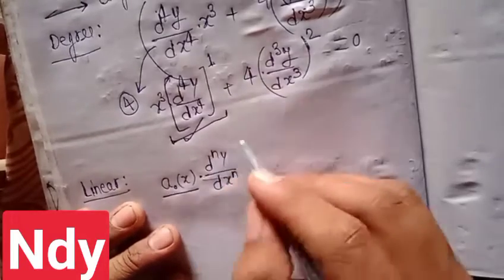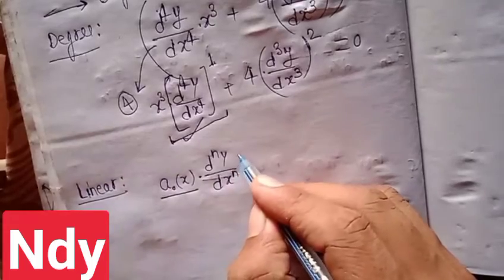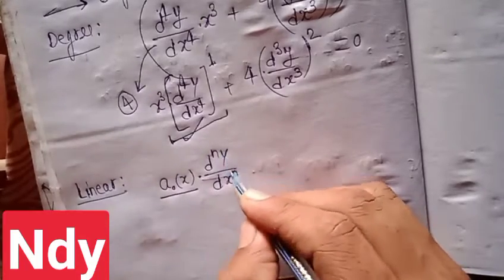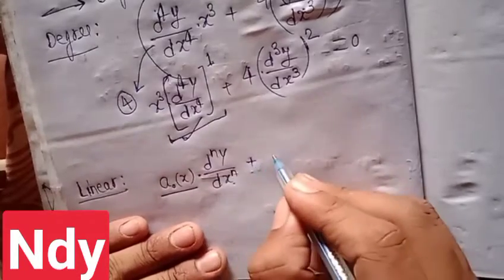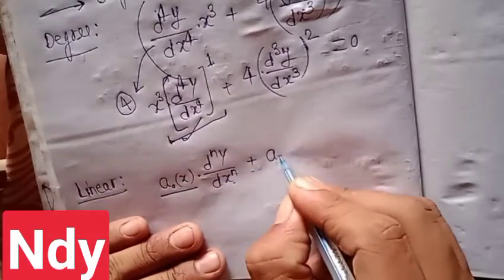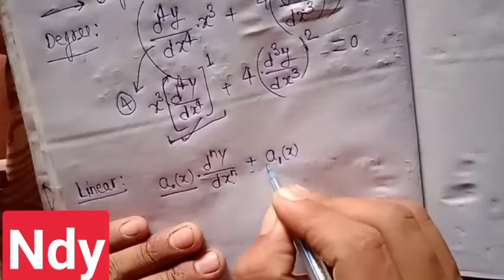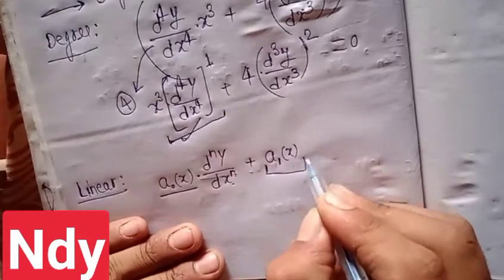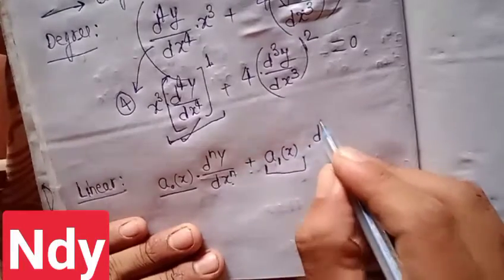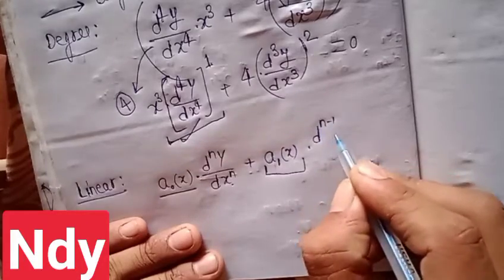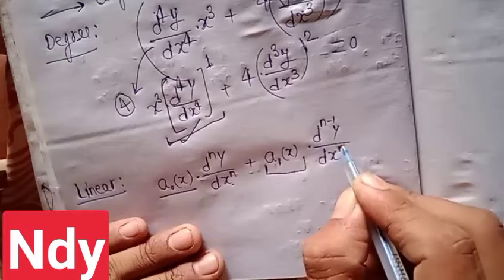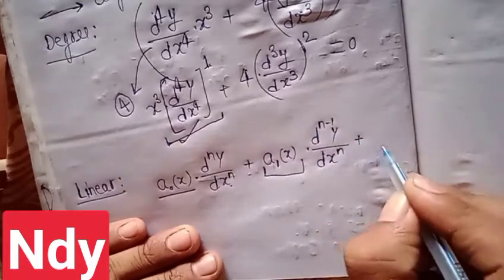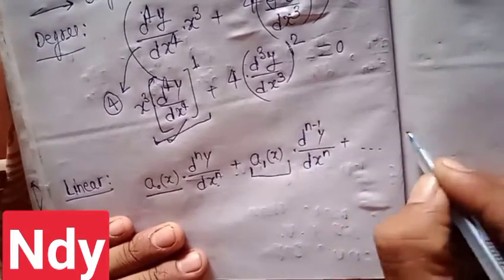What it means is that the nth derivative of the dependent variable y with respect to x, plus a1 of x, this is also a function of x, into d^(n-1) y upon dx^(n-1), plus so on,